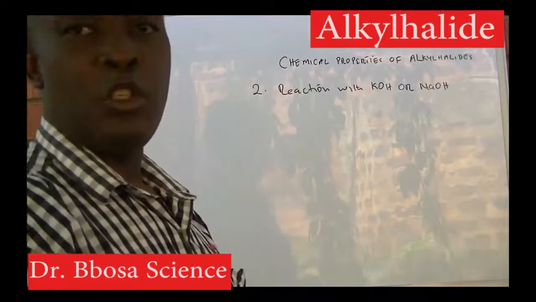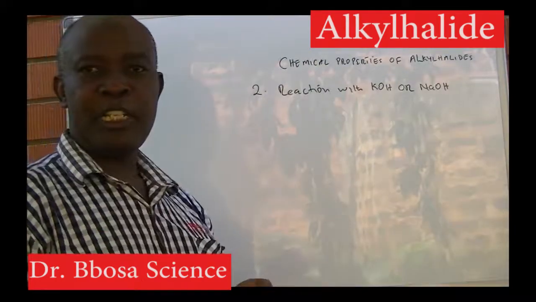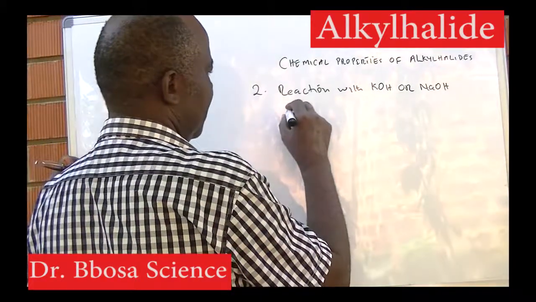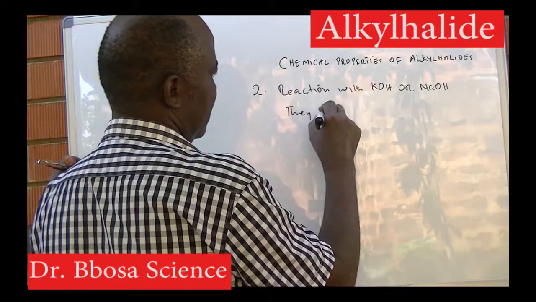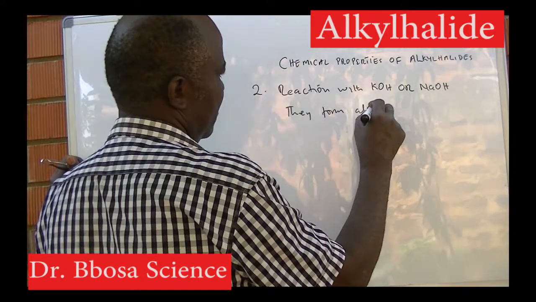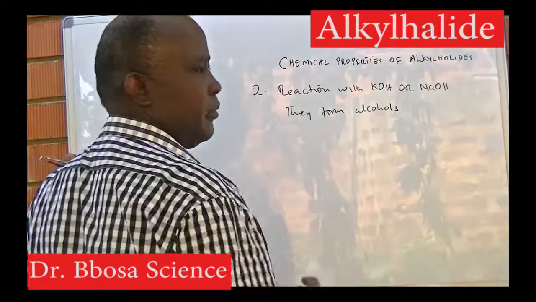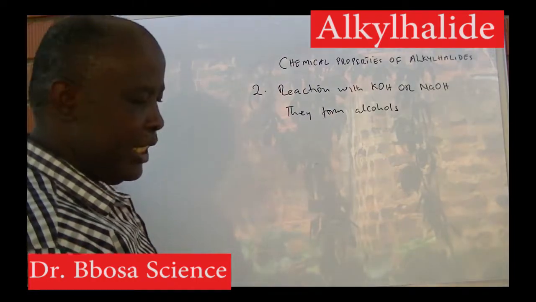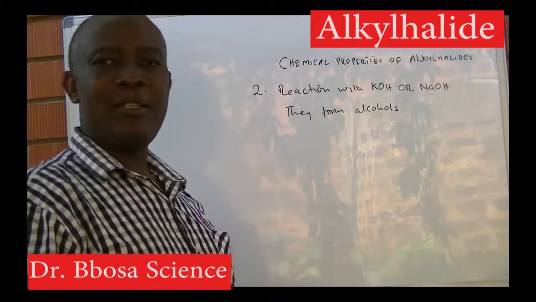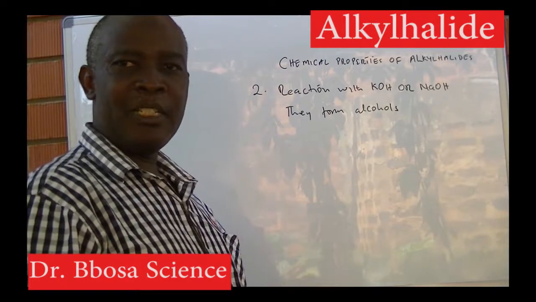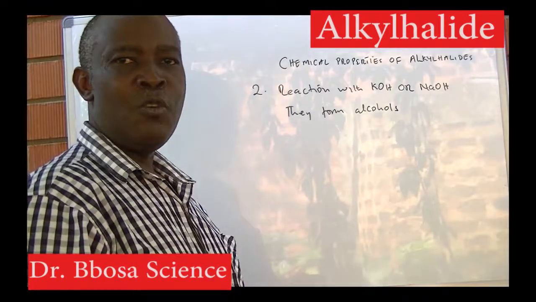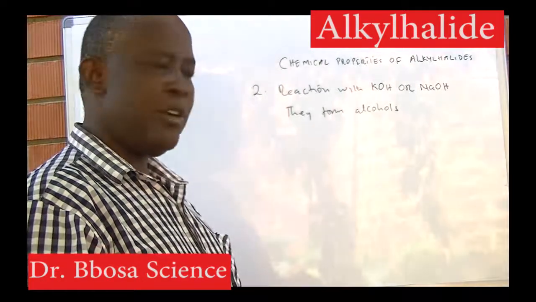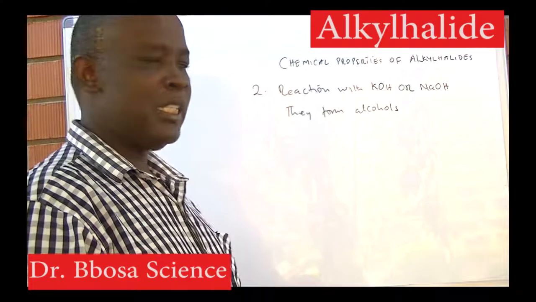CH2. 2. Reaction with potassium hydroxide or sodium hydroxide. They form alcohols. The reaction is SN1 or SN2: the mechanism is SN2 for primary alkylhalide or SN1 for tertiary alkylhalide. For example,